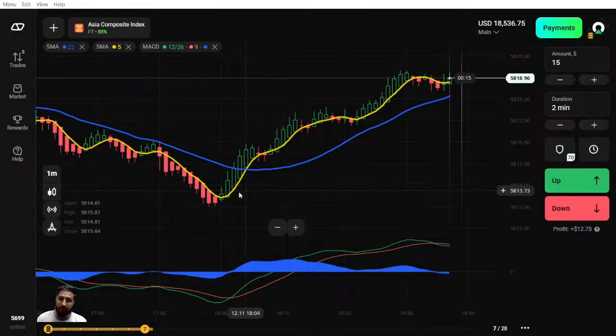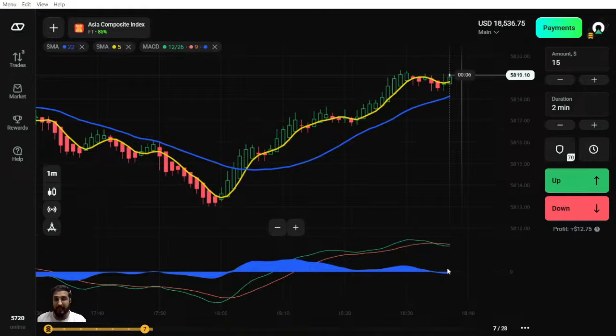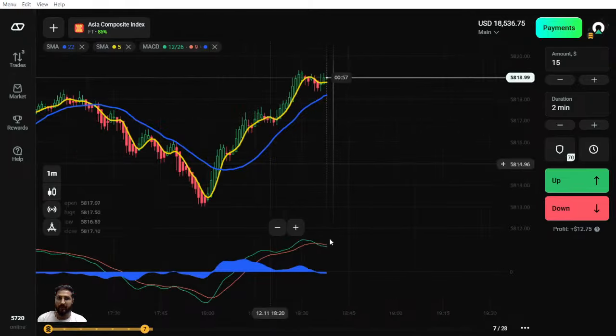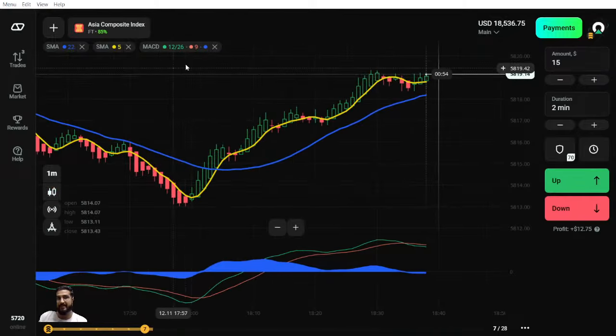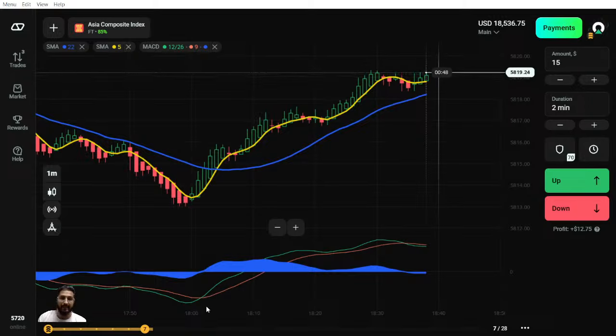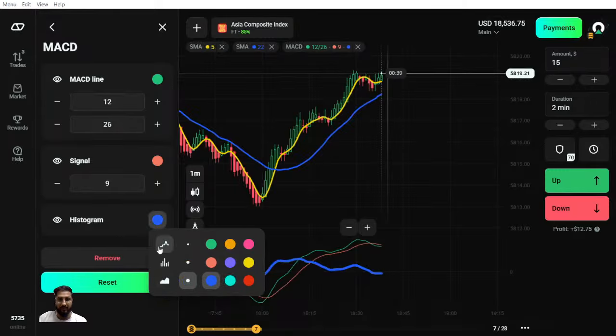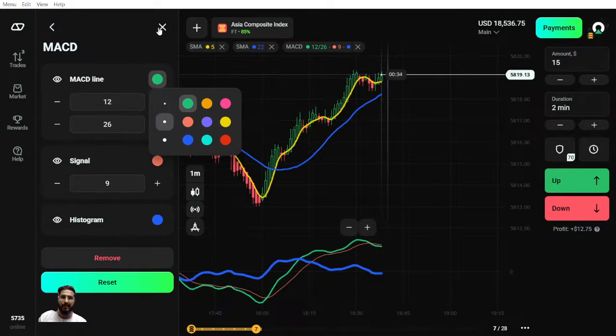Okay, so we will be focusing on the direction of the SMA. The second confirmation we will be getting is with the MACD. In MACD, as you can see, there are three major things. Let me show you: the MACD line, signal line and histogram. Majorly we will be focusing on the MACD line and the signal line. In whichever direction the MACD line intersects the signal line, that could be the direction of the market. So we will try to relate both of them. If we are getting both confirmations together, we will try to take a trade. No need to bother yourself. If anything is confusing, if you are not able to grasp anything, nothing to worry.